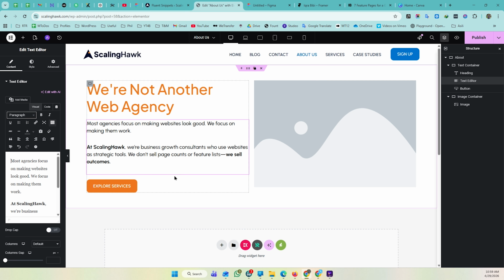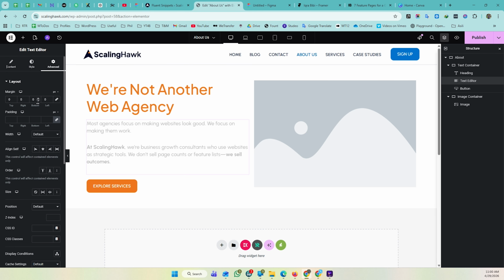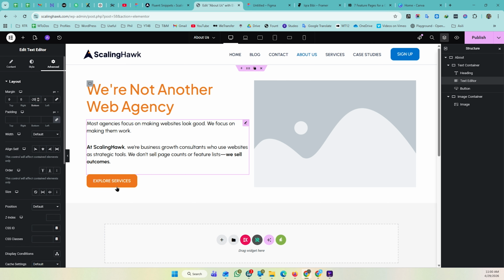Now let me show you what people usually try to fix this and why I do not recommend those approaches. The first thing a lot of people do is they go to the widget setting, and then in advanced they start adjusting bottom margin to compensate for this extra space. So here you can see that when I give a negative margin, then it shifts the space, and yes, this can make it look better visually, but this is just a workaround.